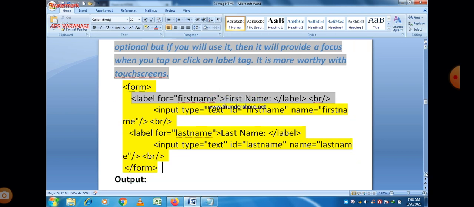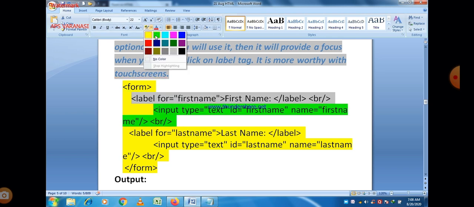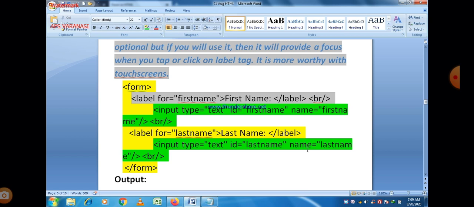After that if you want to use input tag, so input tag is there. Input type is equal to text, so single line text statement will be there in a form. So input type is equal to text, and id is an attribute, and I just told you earlier that the value of the id attribute of input tag must be same as the value of the for attribute of label tag, and in this case you can easily see that both are same as first name.